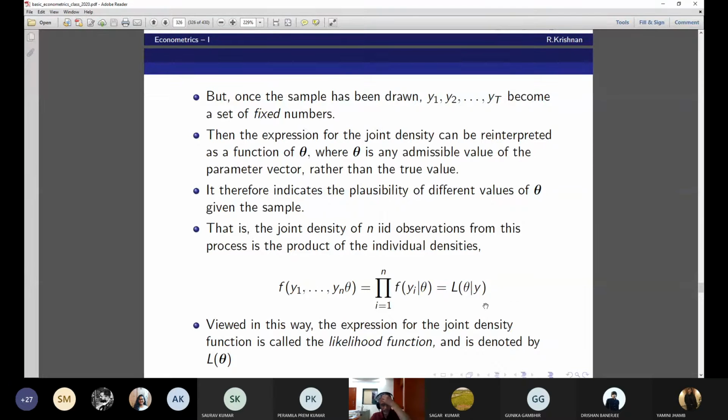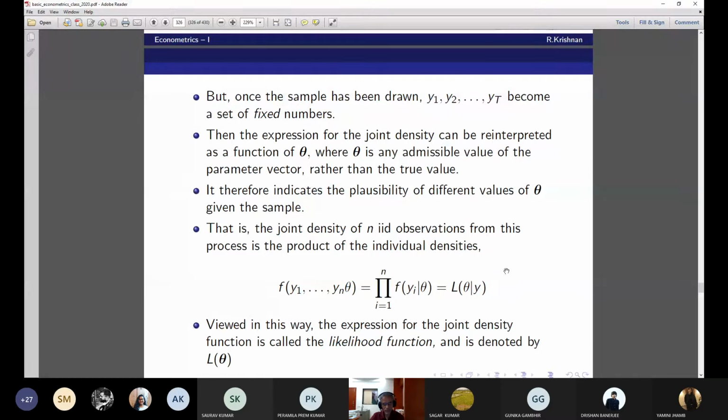Now take the last equality. Now, the joint density, when interpreted this way, y1 now is a set of fixed numbers. Given y, what will be the theta? Here I need a vertical slash. The density function, I have to say that the probability of obtaining these values depends on theta, and this is a product of individual densities.